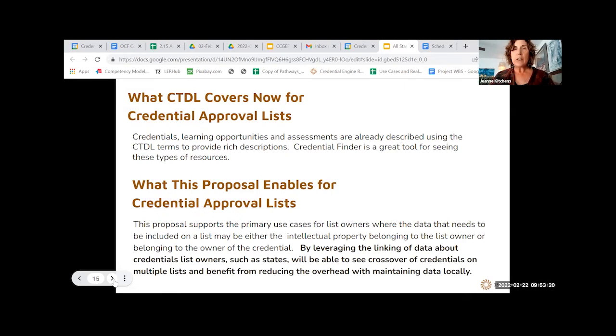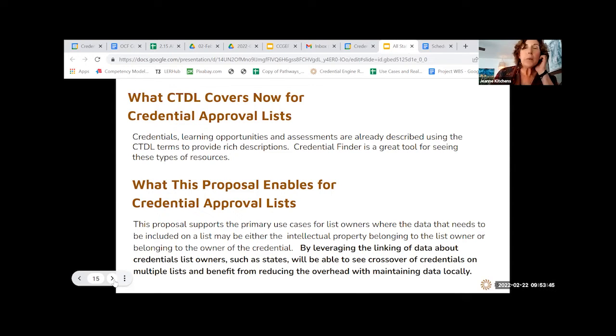They're publishing data to the registry that are learning opportunities or credentials or assessments. But that's happening without the context of a list. So now we're going to be able to say, and for any kind of data consumers to know, okay, this learning opportunity is on this list. So that's what's already supported, and that's what we want to enable.